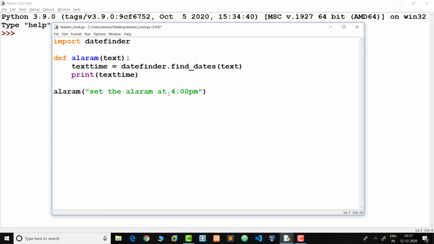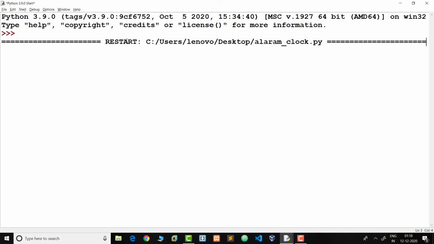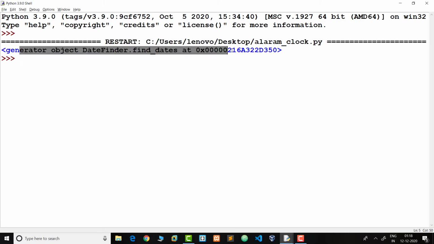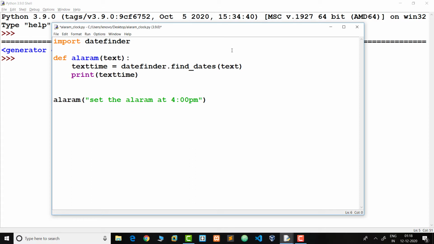It only gets the 4 p.m. and displays it here. When we run this code, see here, this is my object actually. If I want to display the date time, we need to use a loop, because this text time is my object.